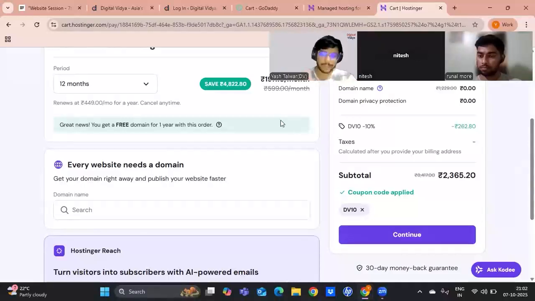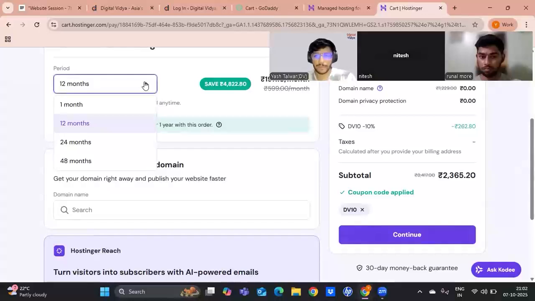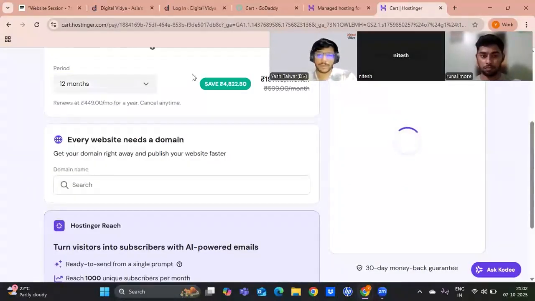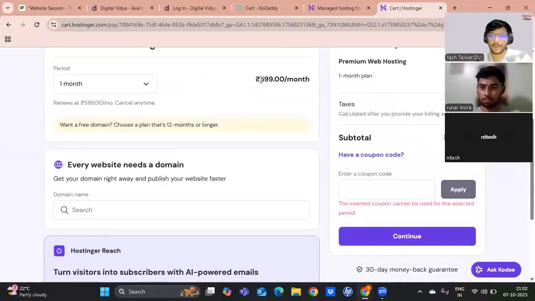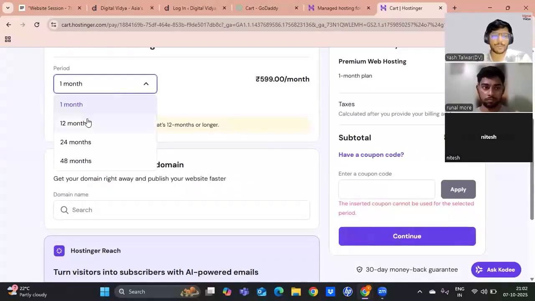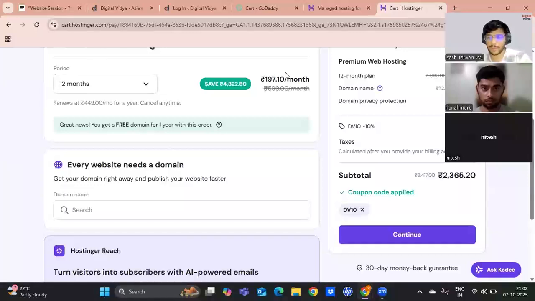If you go for a monthly plan, let me also show you that you'll end up paying more. And you'll not get a domain for free if you go for a monthly plan for the premium one. If you change it to monthly, the offer reduces and the original price is 599 per month. The offer price is only if you purchase it for a period of 1 year together, that is 197 per month.